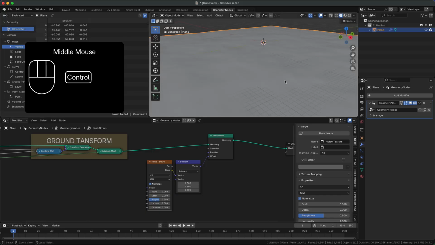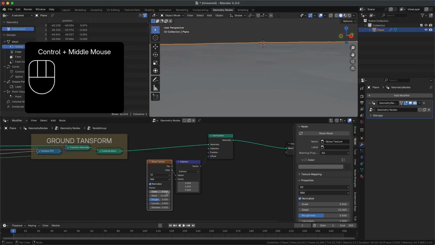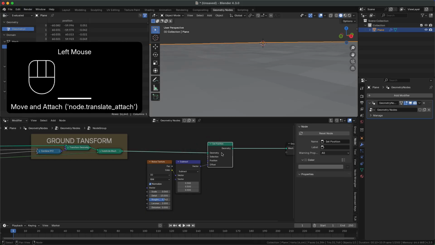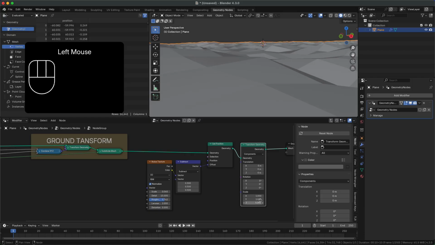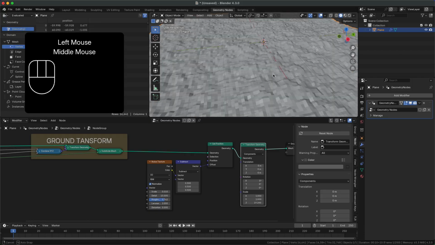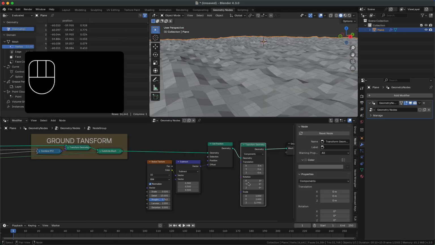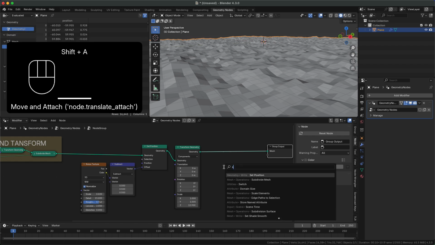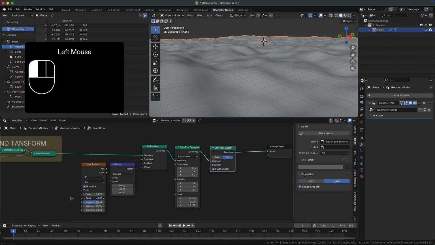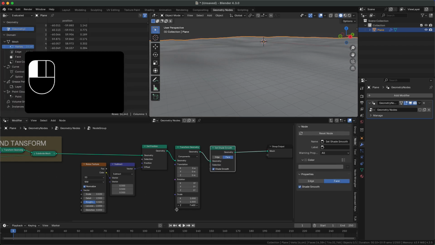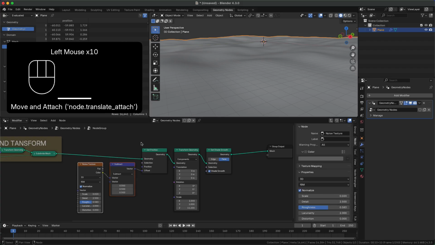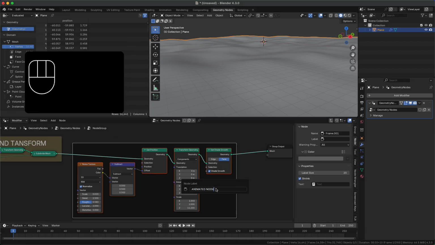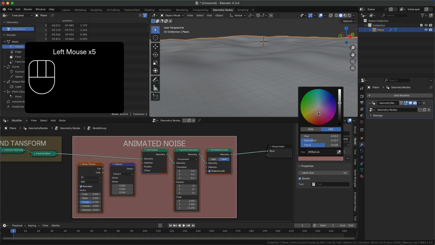We can change the noise texture values. Add a transform geometry and increase the Z scale. We create a space and add a set shade smooth. We organize the new nodes, add them to a new frame, then rename it to animated noise. We change the color,